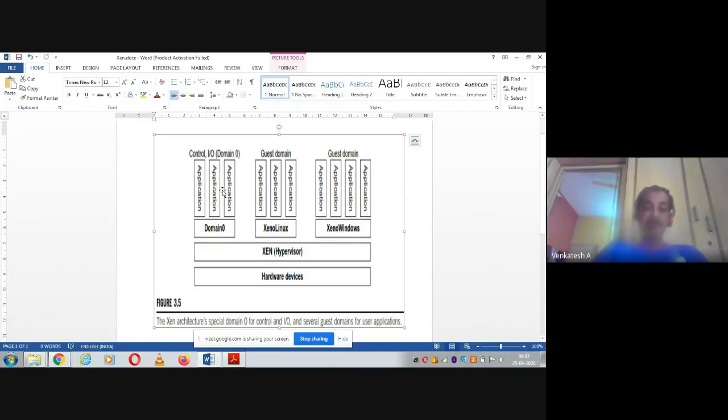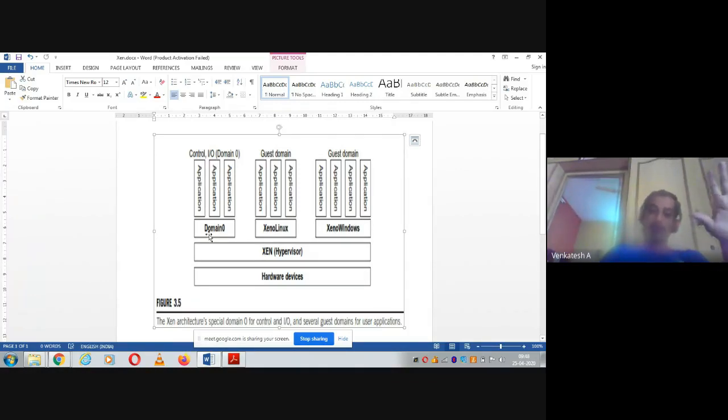And here domain 0 is called the controller part, and all remaining guest operating systems are called domain U. So only the first virtual machine is called the controller part. That means when the booting happens, Zen will load first, then after that Zen will load domain 0, because the domain 0 is the controller. And this domain 0 will do allocation and mapping of resources for this Linux guest operating system and Windows guest operating system. So first it will load domain 0.